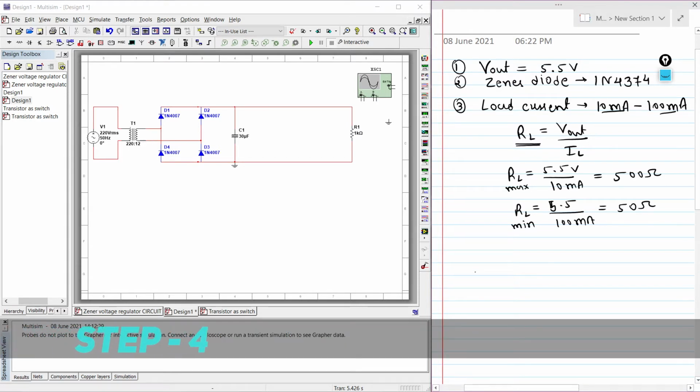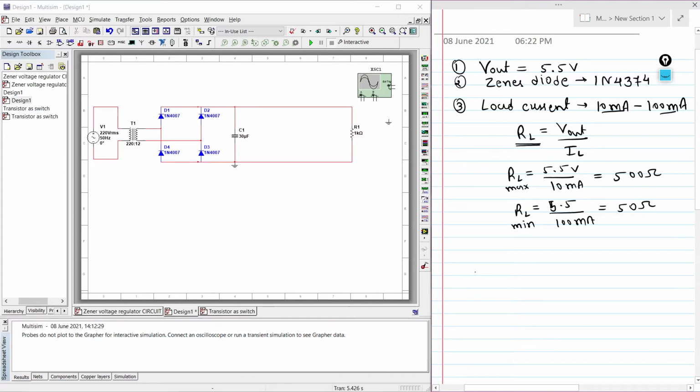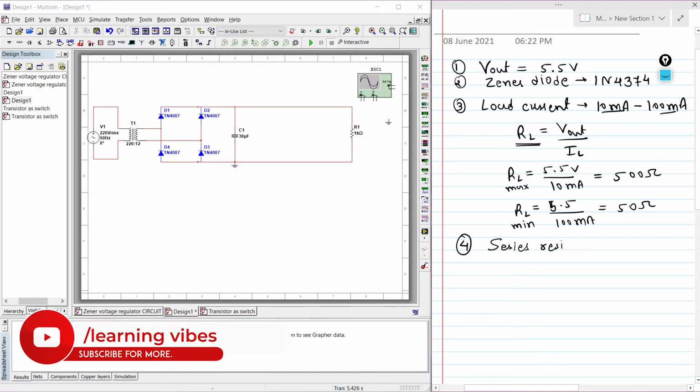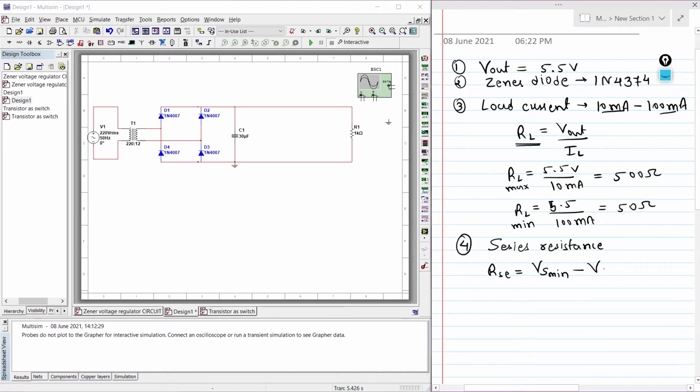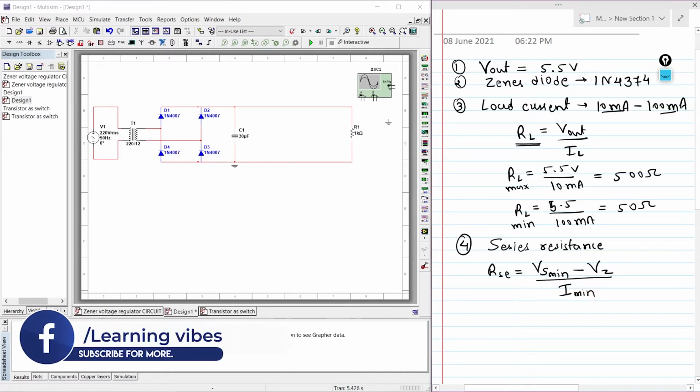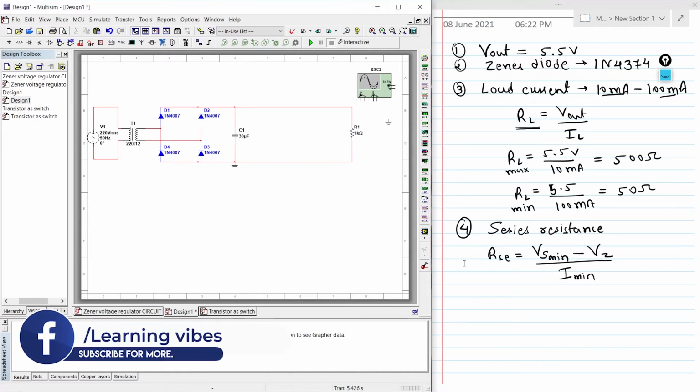In step number 4, we need to decide the series resistance value, and this is the equation for the series resistance.